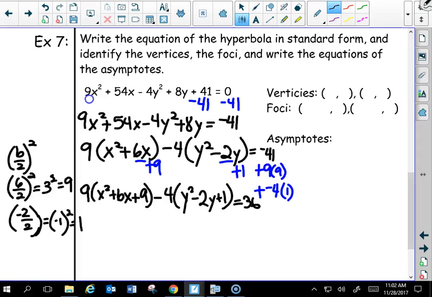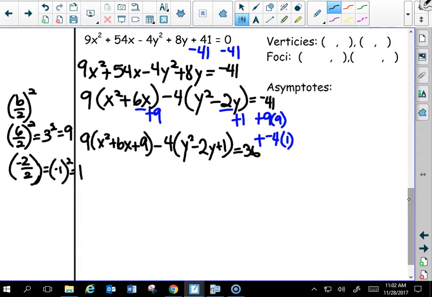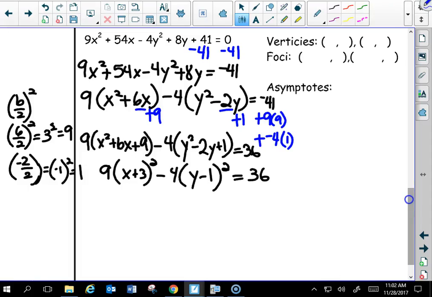All right, now let's finish up what I'm doing here. So I get 9 times x plus 3 squared minus 4 times y minus 1 squared equals 36. Now, if you're not sure what to write in the binomial, and this is why I show this step, you just go back to it right before you're squaring it, and that's the number that always shows up in the